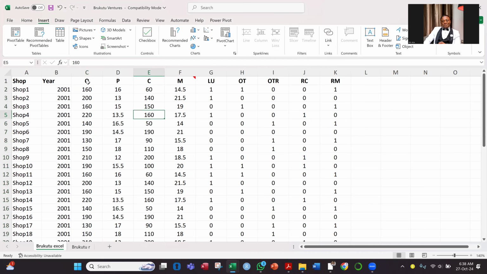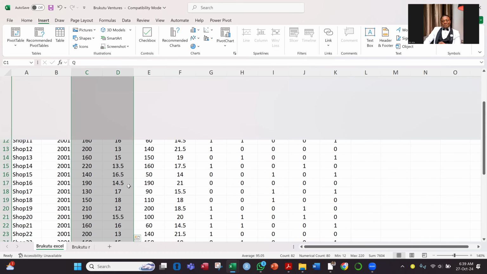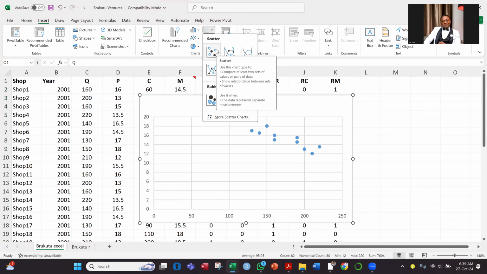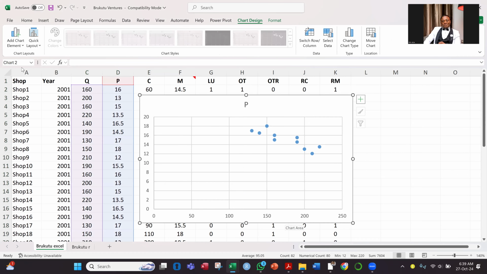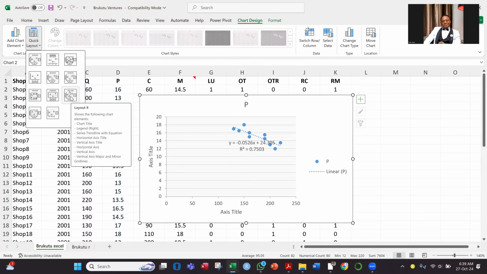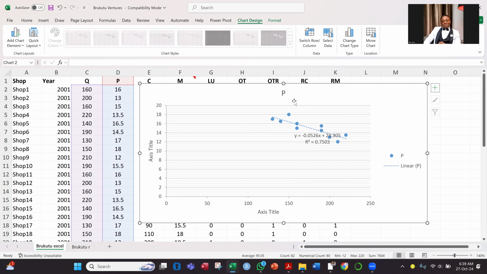You can also establish the possible relationship between price and quantity. For example, you can do price and quantity like this. I just want to see the relationship between price and quantity demanded. And we know that in this case, it's supposed to be negative. So you check that with a scatter plot. This is a scatter plot. Okay, I just did. And you go to quick layout here. Choose layout number 9. It quickly gives you a regression. But more importantly, you can see that the line is beautiful. It tells you clearly